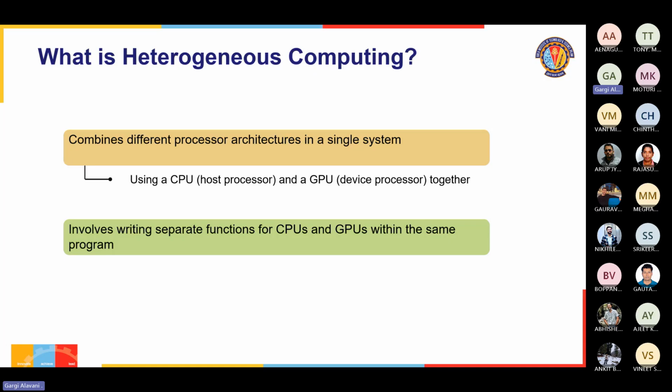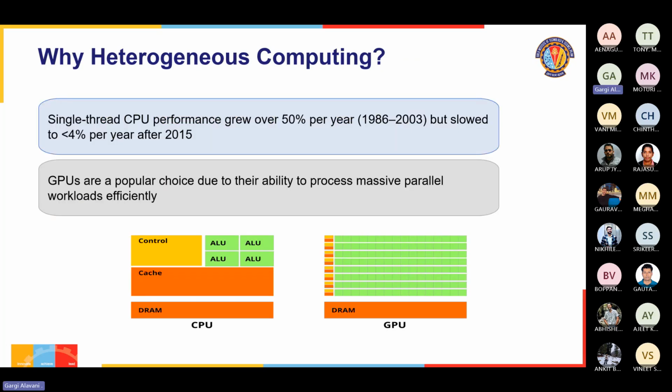So this involves having a common code which will have separate functions which will execute on a CPU and separate functions which will be executed on a GPU. Is this clear? What heterogeneous computing is? It is not in terms of programming models, but in terms of hardware architectures. And this is a very commonly used nomenclature, heterogeneous computing. So when we talk about CUDA computation, CUDA is a heterogeneous computing programming model, and we'll see why it is so. The reason is